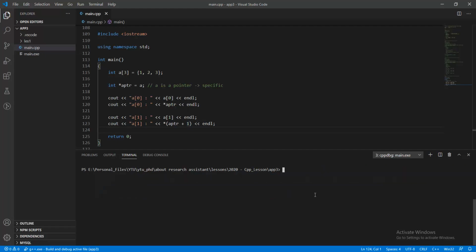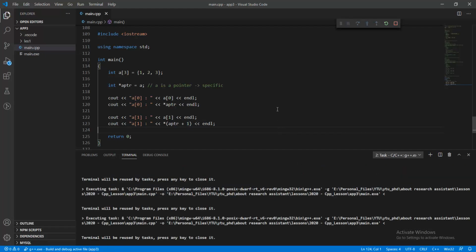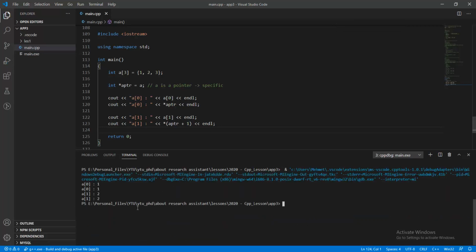And so we can run this program again. a0 is equal to 1 from the pointer, and a1 is equal to 2 at that point, because we have initialized it with this value. Then aptr with the addition of 1 means that it moves 4 bytes forward to the next array element, by using this pointer value, and then we get a1 equal to 0. So